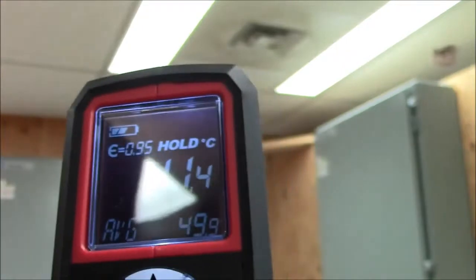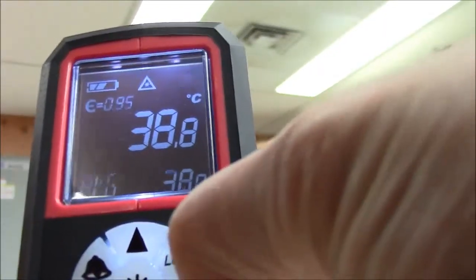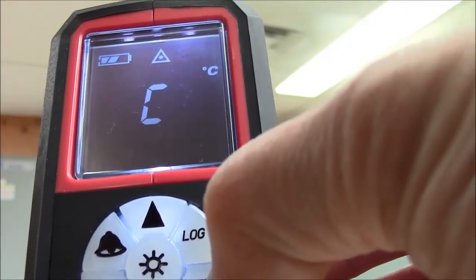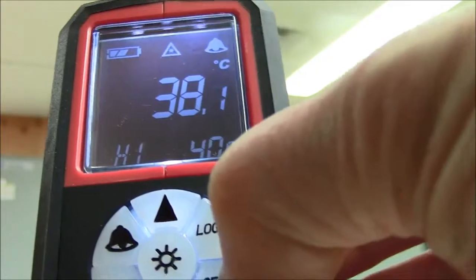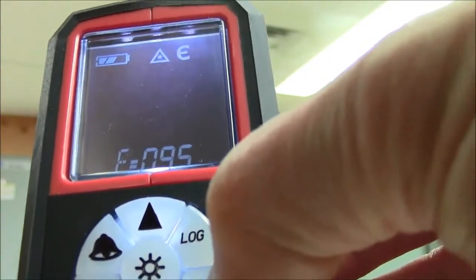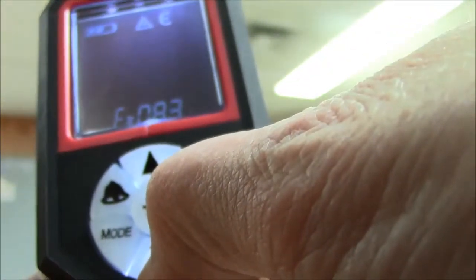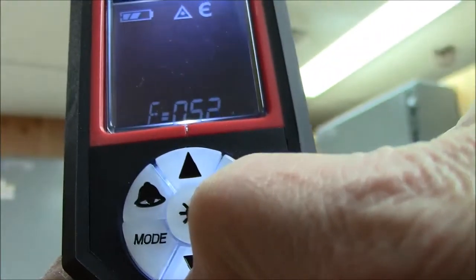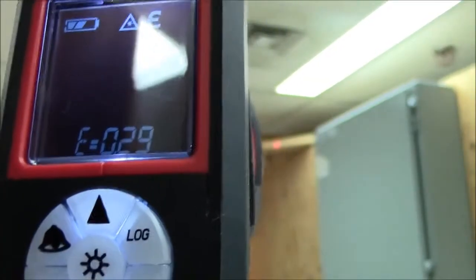How that works is you can just press, we'll set it up here, set. So you can put on your high, low, you can do Celsius, Fahrenheit. So we can, okay, hold on, we just passed the emissivity, and we can bring it lower to whatever we want. Now you're going to see, if I put it down really low, this is the part, I'll bring it down to somewhere around aluminum, and we'll measure it again